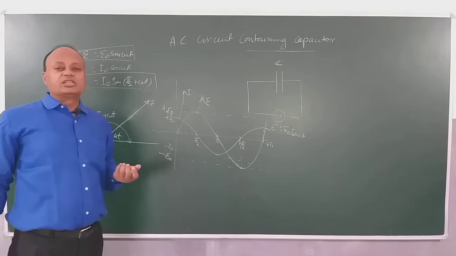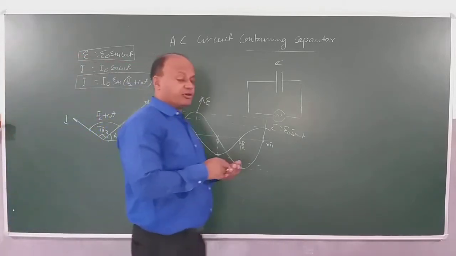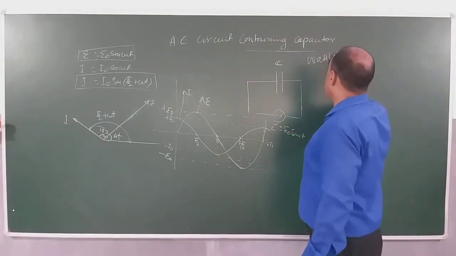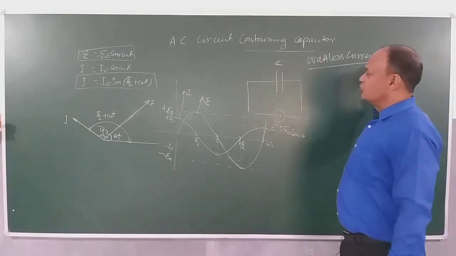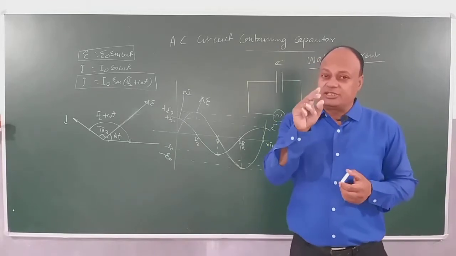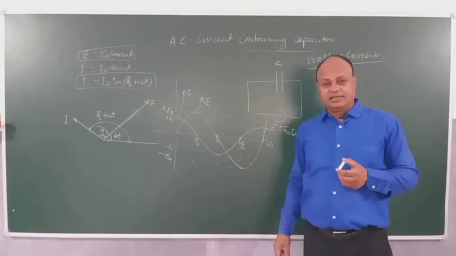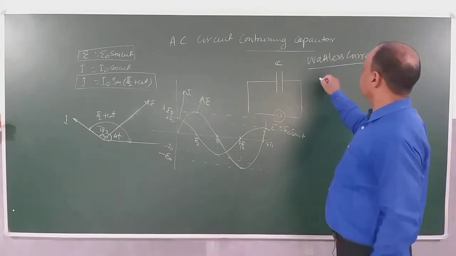is a wattless current. What current? Wattless current. Remember we defined the wattless current last time? Wattless current is current in which there is no power loss. Right? And in wattless current, the phase difference between the applied voltage and current is always a right angle. Clear? Once you understood this, now we will be seeing average power.